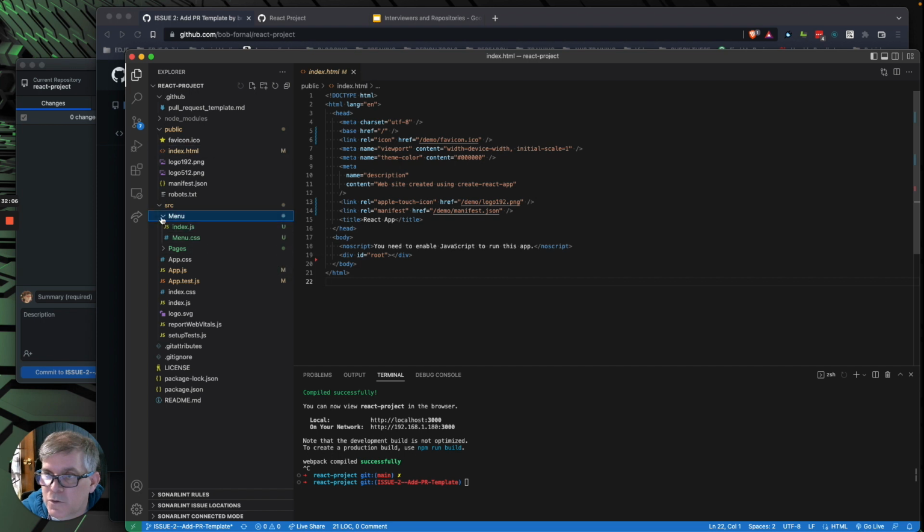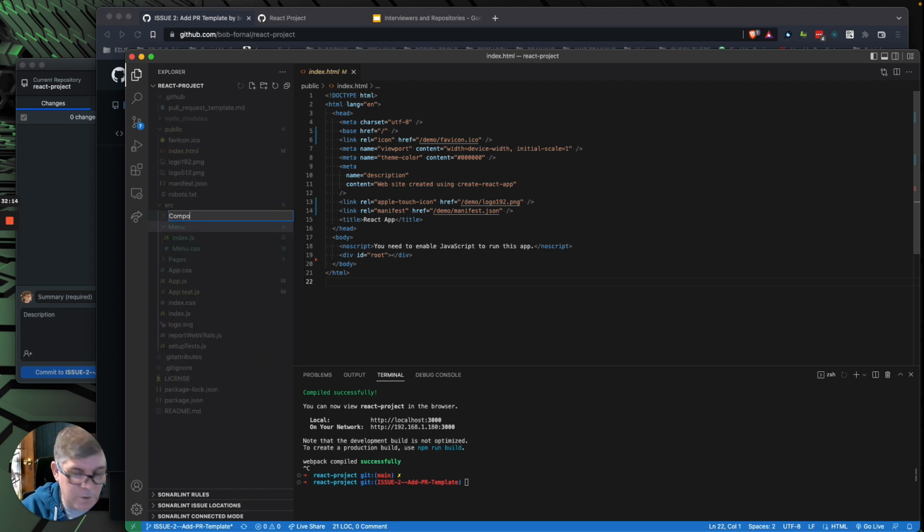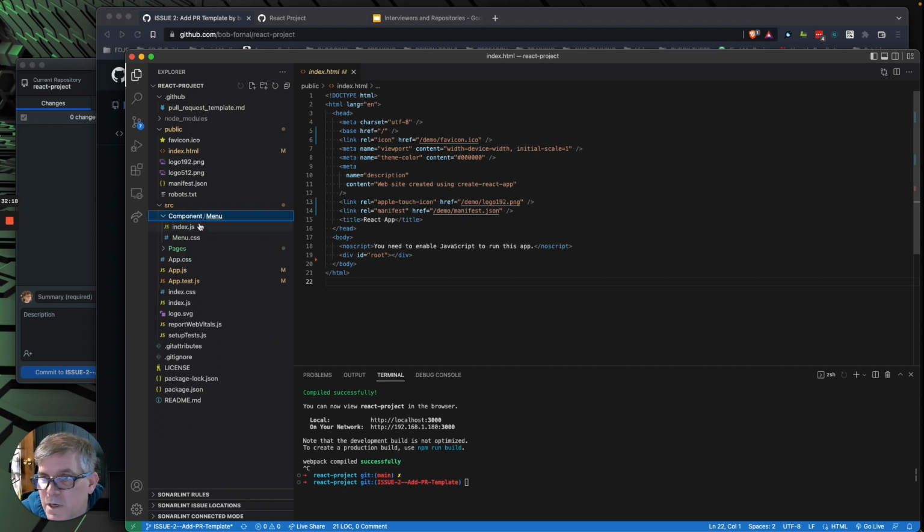Okay. I did notice one problem. Menu is here and not one layer under. There should have been another folder here called component, and menu should have been inside component. So something in the copy paste garbled that up. So now I'm going to do an npm start and make sure it's still working. And if it's not, I will pause and figure out why and come back.